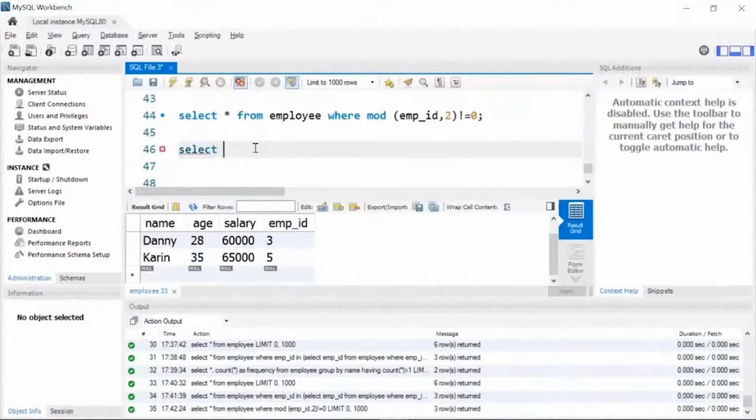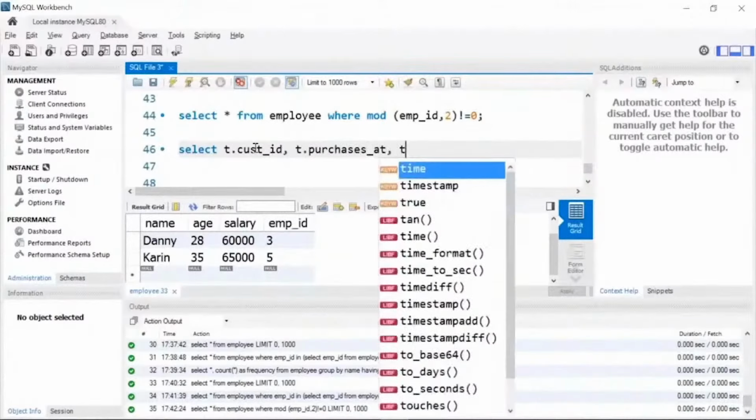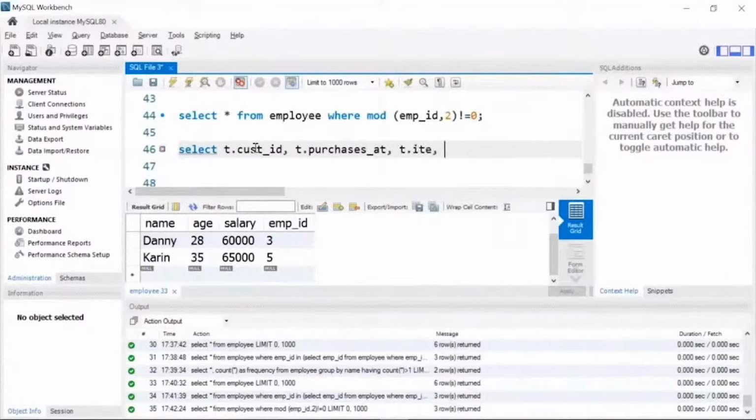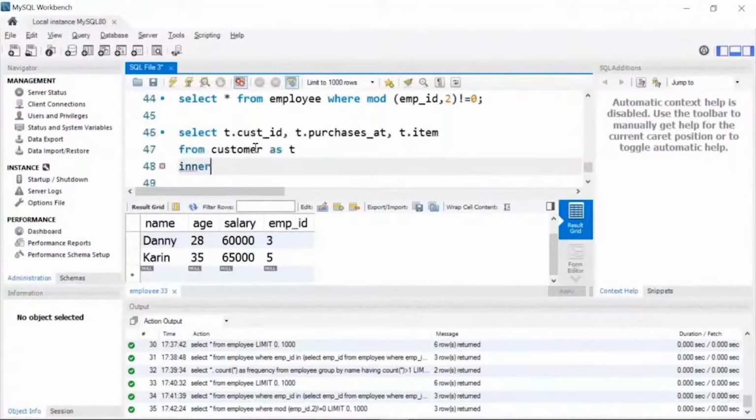So I'll start with select. I'm going to take an alias name as t dot cust underscore id comma t dot purchased at comma, the next field I'm going to select is t dot item from customers as t. Next I'm going to write my inner join, and inside the inner join I'll write my subquery, which